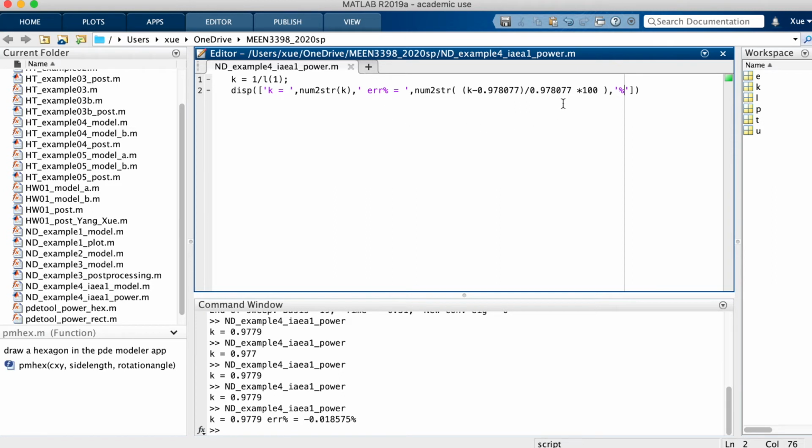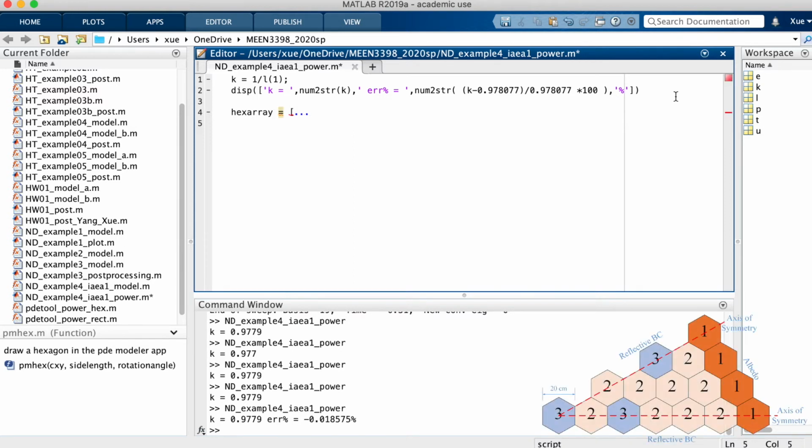So you can see that our K effective relative error is lower than 0.02%, which is very good. Next, we calculate the normalized assembly power. First, we need to define our assembly map. Following this